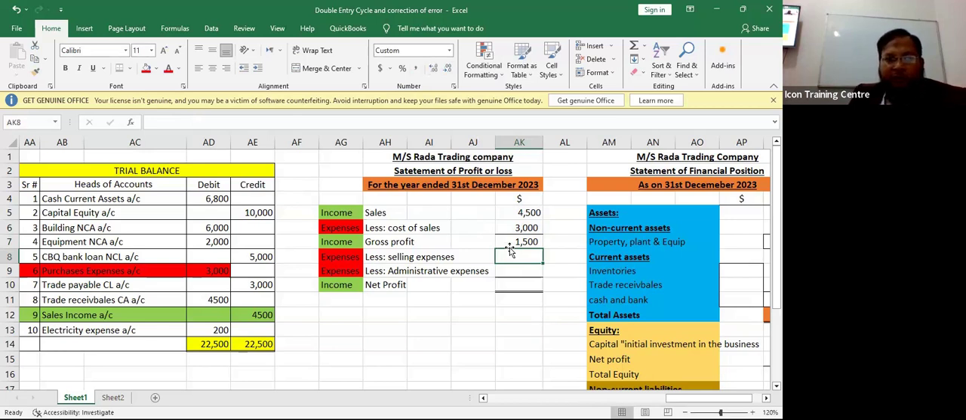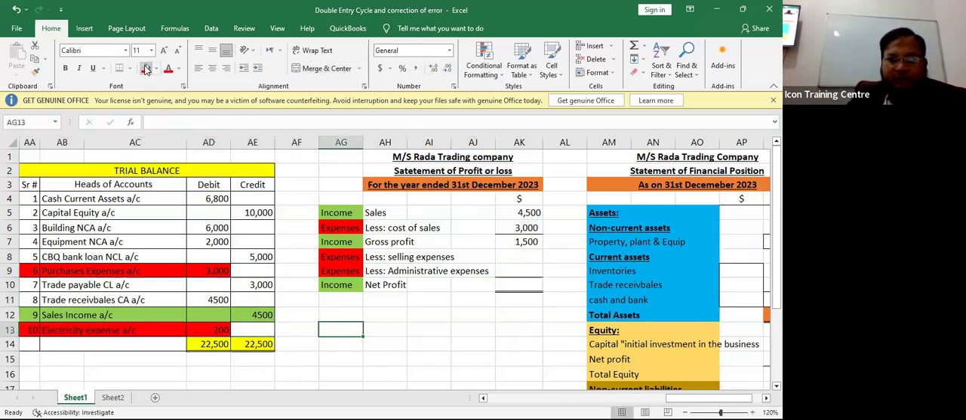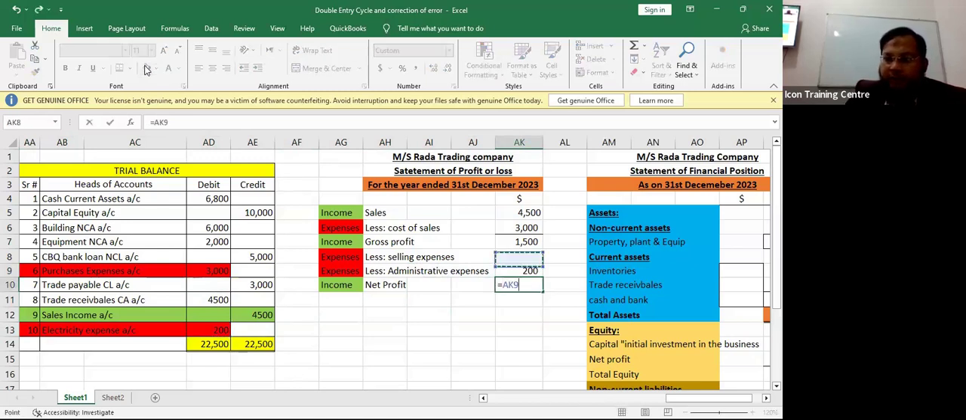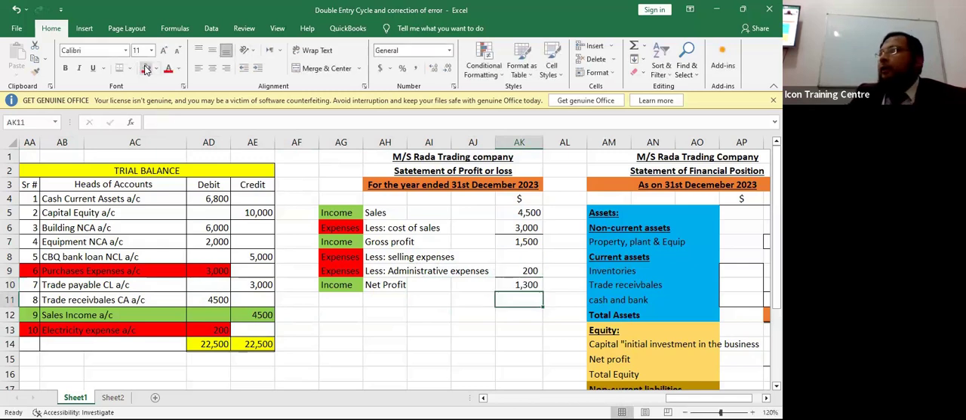Do we have selling expense here? No, but we have administrative expense, and we have electricity expense as an administrative expense, right? And we have no other expense. So you put here the total, equal to 200. So the net profit will be 1,500 minus 200. So net profit. Understood? Okay. Then